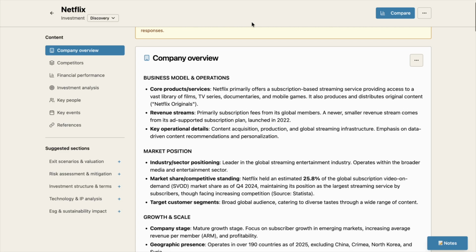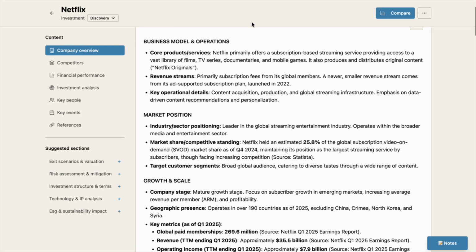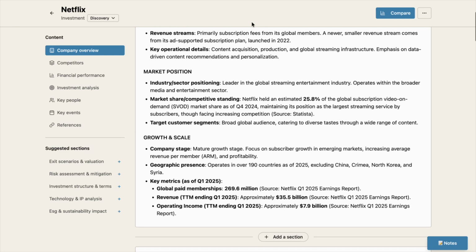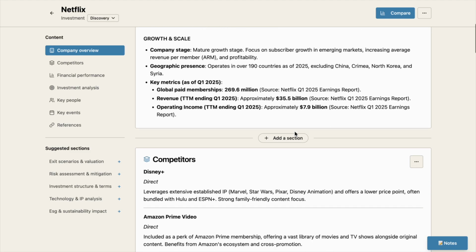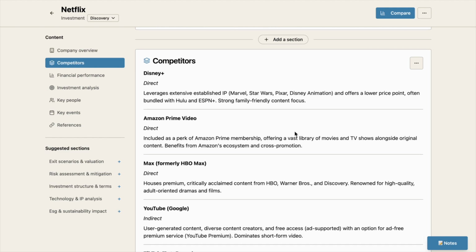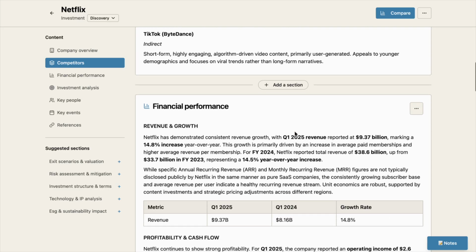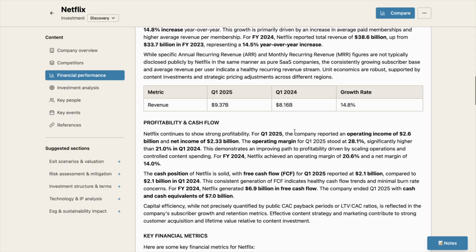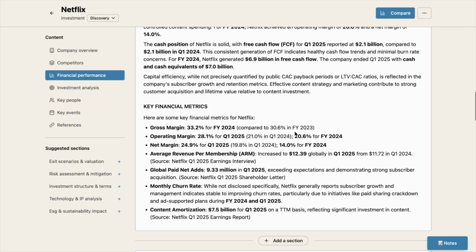PlotStat always tries to prefer the most recent information, and so here you'll see business model and operations, market position, growth and scale for the most recent information that's available. You'll see competitors. These might be other companies I want to consider investing in. Financial performance. Here we see the most recent information up to Q1 of 2025. Profitability and cash flow, key financial metrics,